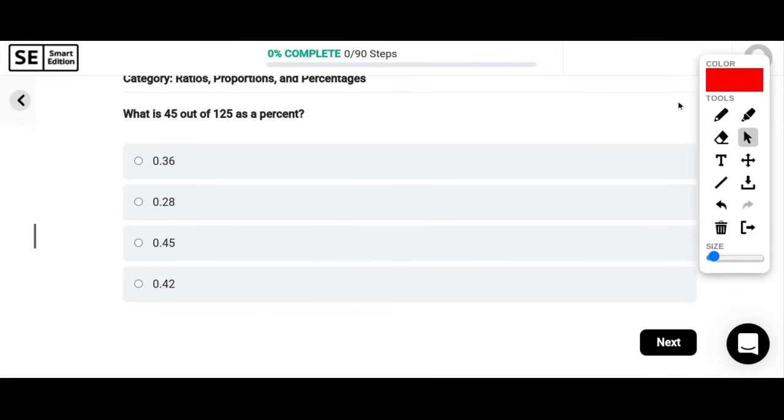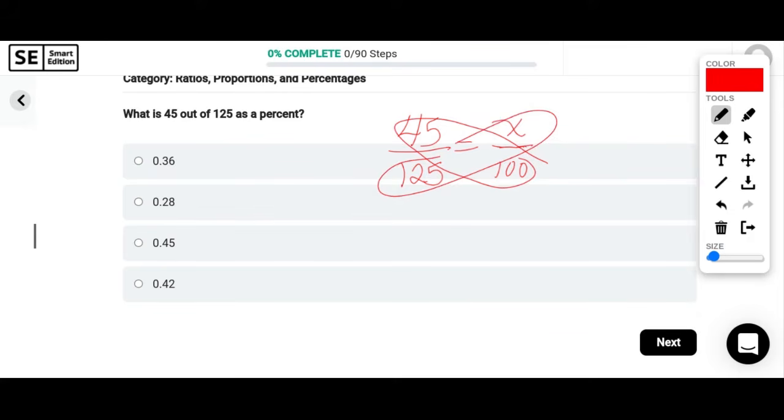What is 45 out of 125 as a percent? So I'm going to take 45 out of 125. And what is that as a percent? Remember, it's always percent over 100. Since we're solving for our percent, I'm just going to change that to an X. So go ahead and we can do some cross multiplication. Okay, 45 times 100 equals 125 times X. And then I'm just going to use opposite operations to divide and get X by itself. So 4,500 divided by 125 gives me